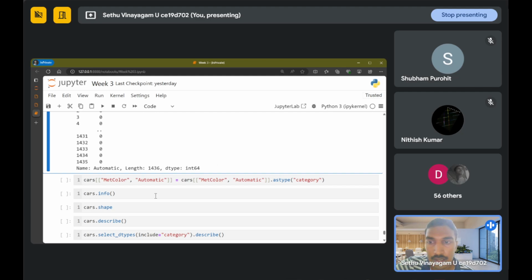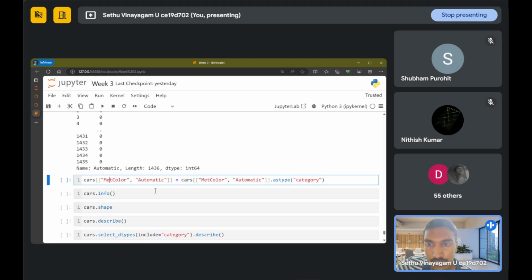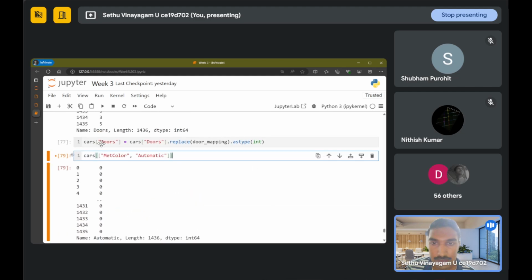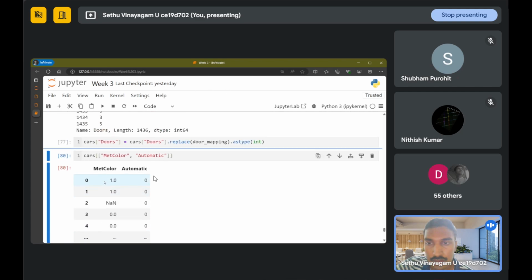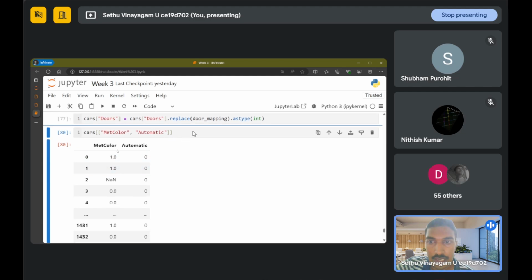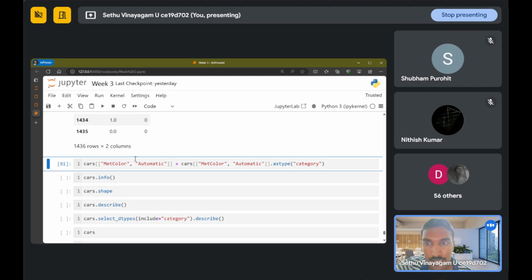So instead of selecting a single column, you can also select multiple columns by passing a list of column names instead of a single column name. So here we use a string to extract a single column, but we can give a list of strings to get multiple columns. And the output of this would be, instead of a pandas series, again a data frame because we are selecting multiple columns. So this is a data frame with a subset of the original columns, only the met color and automatic. So here I am converting these two columns into category